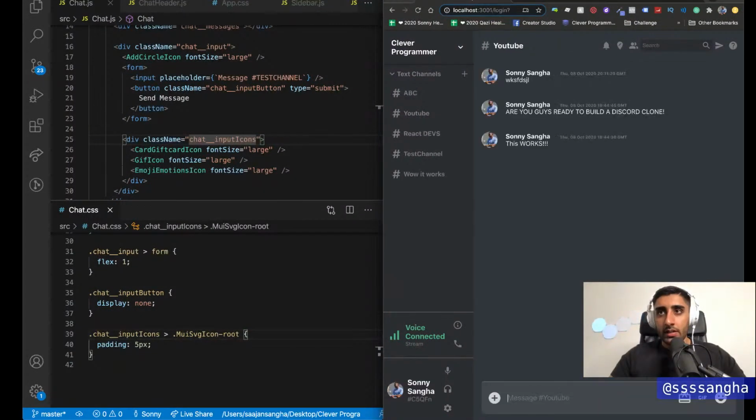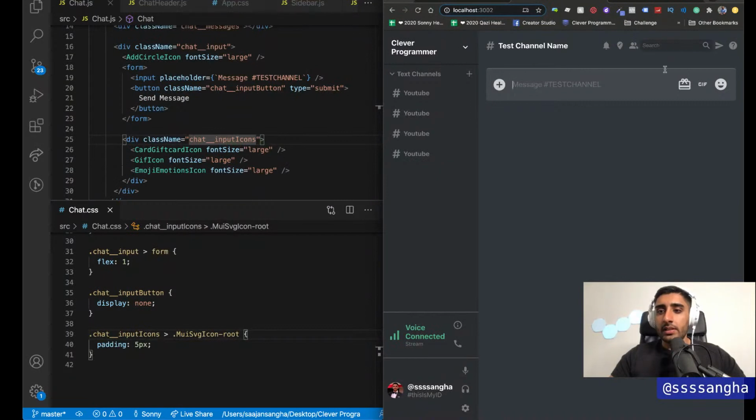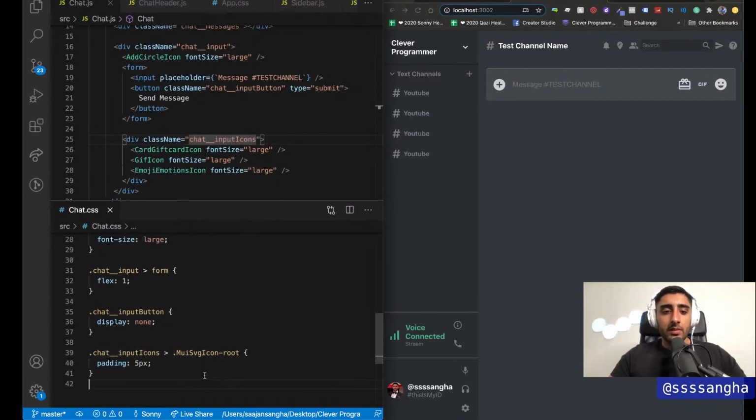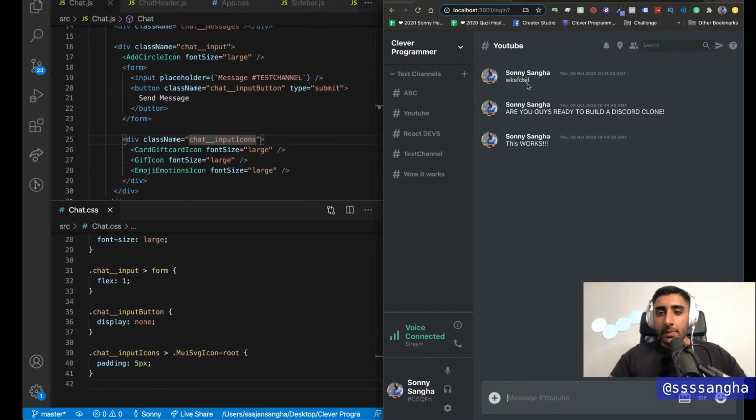So now you can see, look at that. We've got a very nice comparison, right? So this is actually looking very nice right now. Okay. So this is very close to what we want. Now what we're going to do is I want the middle bit, so the messages, to take up the remainder of the space. So whenever we have a flex design, especially a column design,